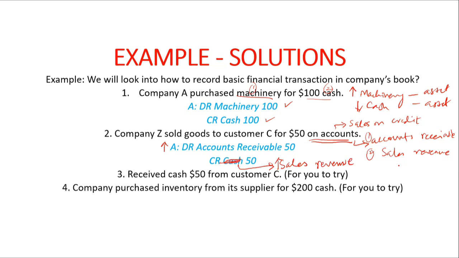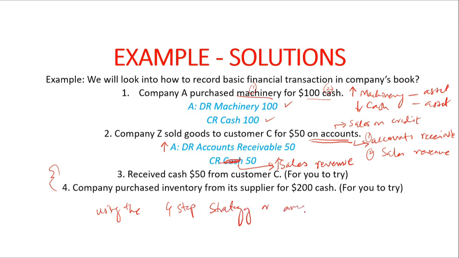You determine the nature of the account, you look at whether it's an increase or decrease, and then based on the rule book, you make the entry. In this case, accounts receivable are going up, so debit accounts receivable, and my sales revenue is going up as well because I sold the goods. So credit sales revenue for $50. Now you can try transactions 3 and 4 using the four-step strategy,